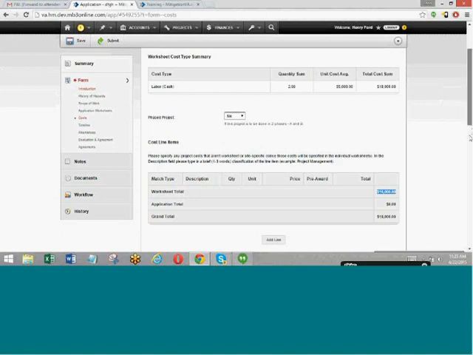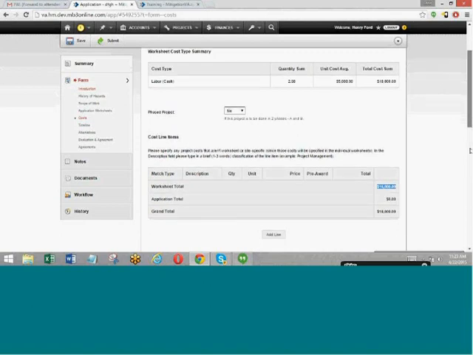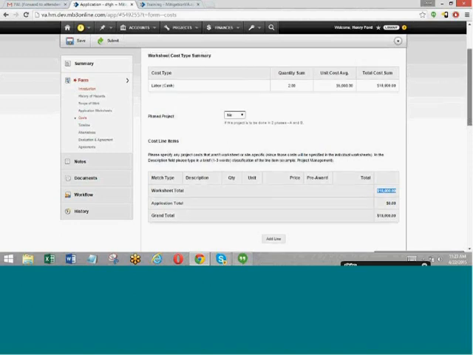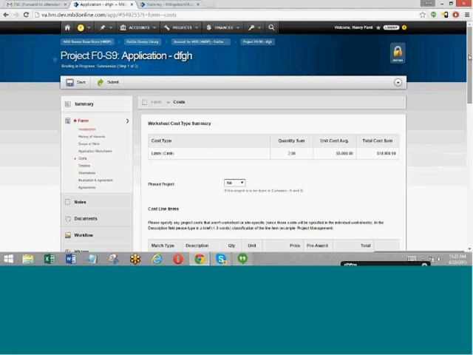Unfortunately, there's some issue that's not allowing me to save it, so I can't show you adding more cost lines, but that's basically how you would fill in an application form, add application worksheets, etc., build your application, and once you're ready to submit it, once again, you just hit the submit button, and that will go to the state for review.